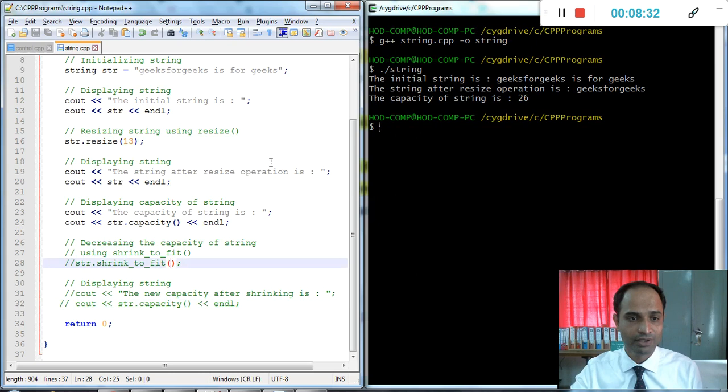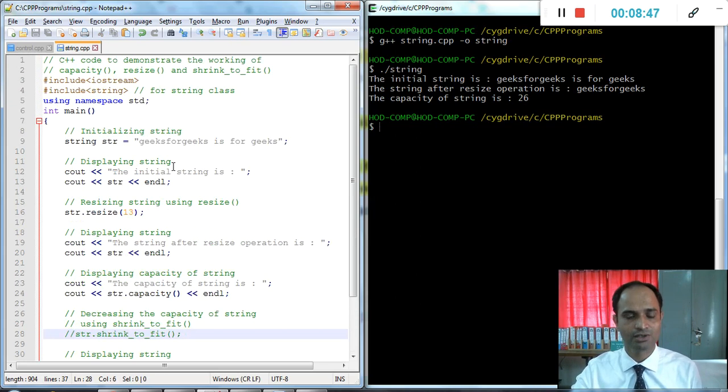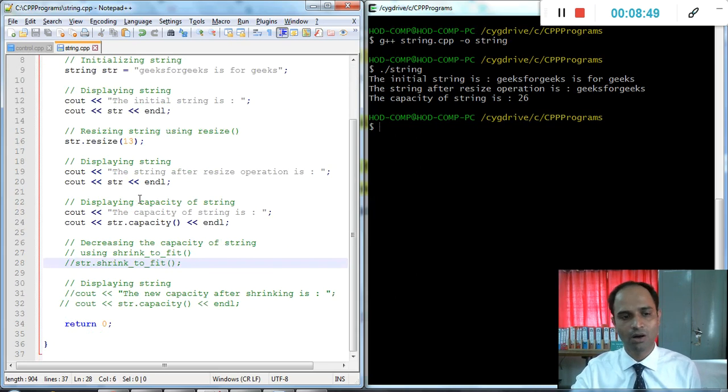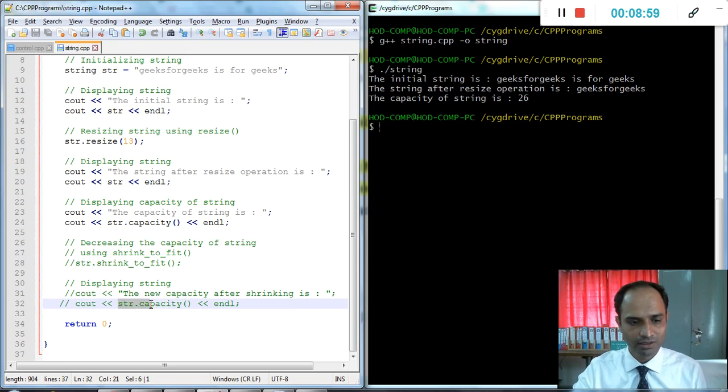Because we reduce or remove the extra memory with the help of the shrink_to_fit operation. It is commented because this operation is not available in this version. I will run all the functionality on the Linux system, and it runs with no error. Does everyone understand the concept of shrink_to_fit?